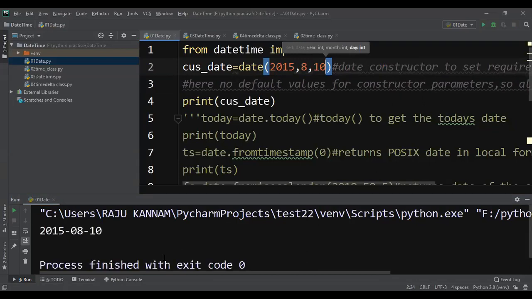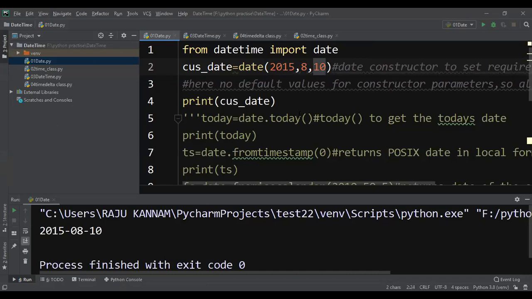And remember, there are limits depending upon the value you give to the corresponding parameter. Otherwise it will raise a value error. The year can be anything, but your month should be from 1 to 12, and your days should be 1 to 31 maximum.